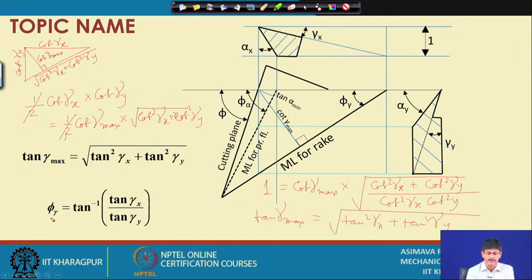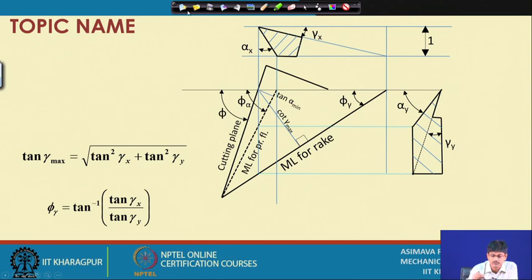Okay. And this phi gamma, this particular angle which depicts the orientation of the intersection of the rake surface with the reference plane, can be found out very easily in this particular triangle that we were considering. It is simply tan inverse of tan gamma x by tan gamma y. I am not working it out, you can surely follow it. Okay. So, with this part we come to